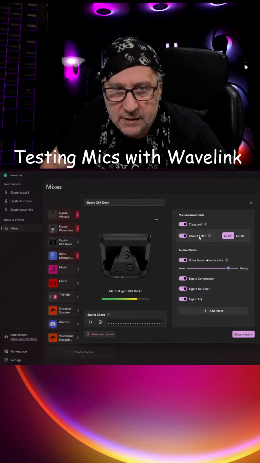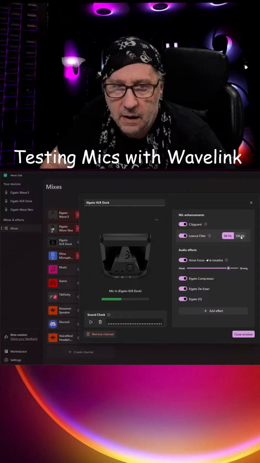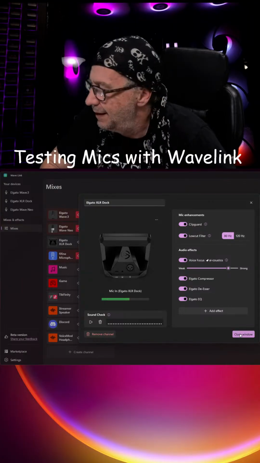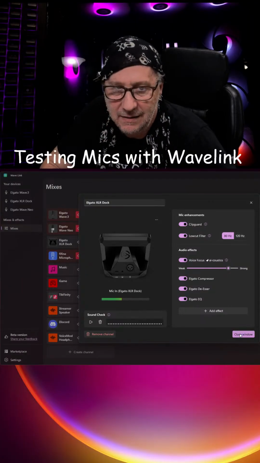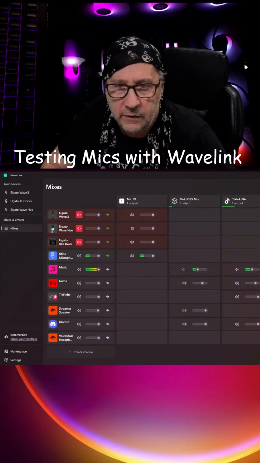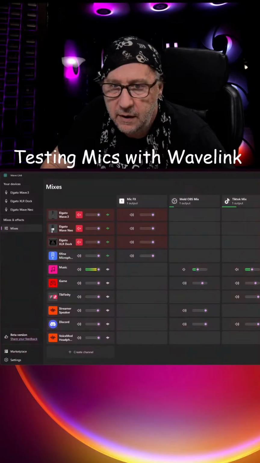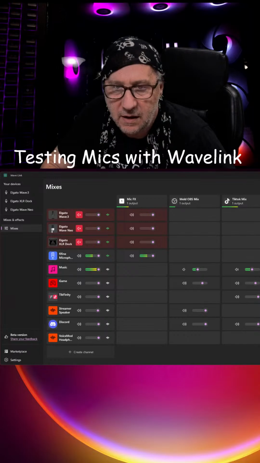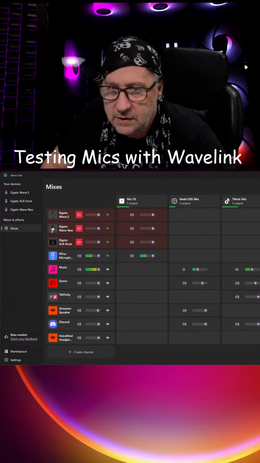It's weird because on the XLR you get the 80 hertz and the 120, but I really haven't tested that low cut filter that much. And so this is the Fi-Fi microphone, and to be fair, because all the other ones have the voice focus on,